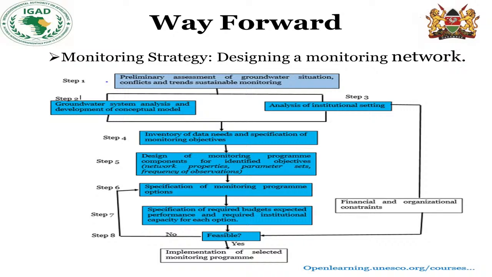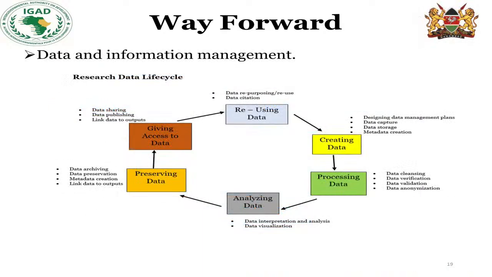And if the program is implementable and the financial strength is there, then we are able to implement the monitoring program. After development of the monitoring program, then we do the